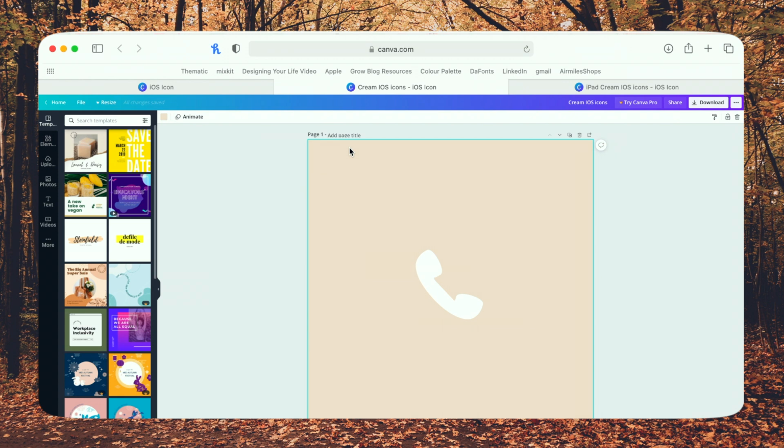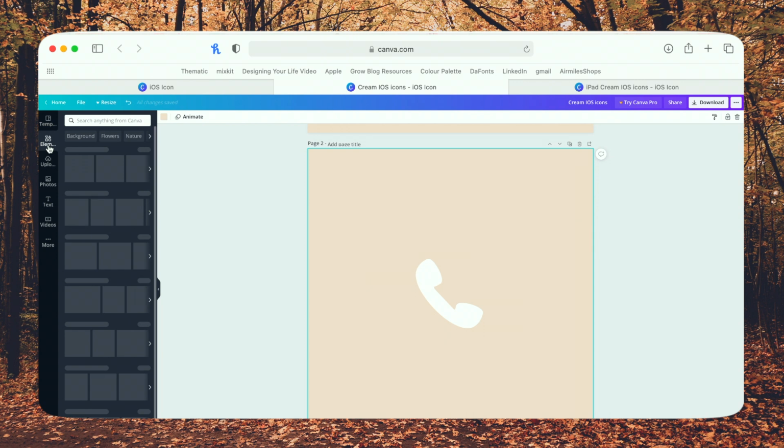So I made the background a beige cream color and changed all of the icons to white. And of course, it doesn't give you access to all the apps that were ever created in a beautiful icon form. So looking at my iPad and iPhone and picking the apps that I wanted to keep on the home screen, I made versions for those. So I can show you what I did. All right, so I'm just going to duplicate one of the pages. This is basically exactly what I did.